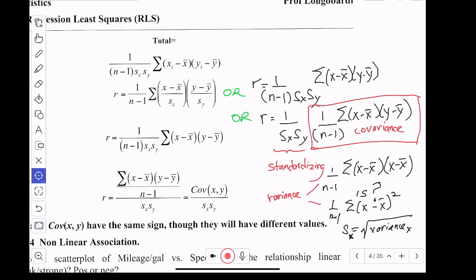this is covariance. It looks like this, but I'm taking deviations from the mean of each at the same time and looking at their trend. How do they trend together? And the trick is that if they're both negatives, then they're still trending together because a negative times a negative is a positive. It's a positive relationship. So this tells me a different interpretation of R now. Well, not different, but I guess it's